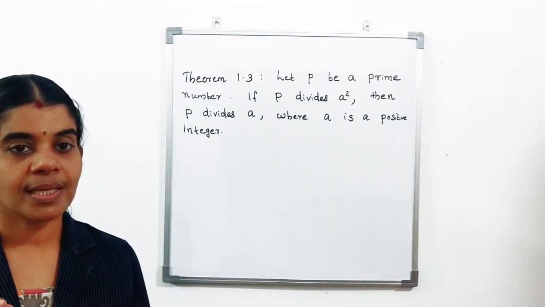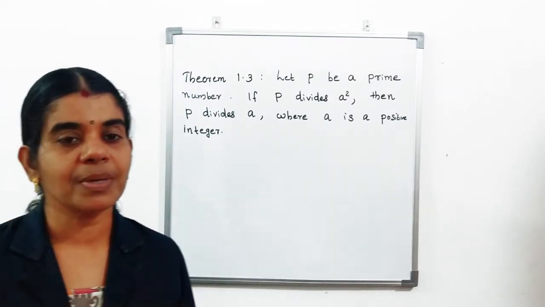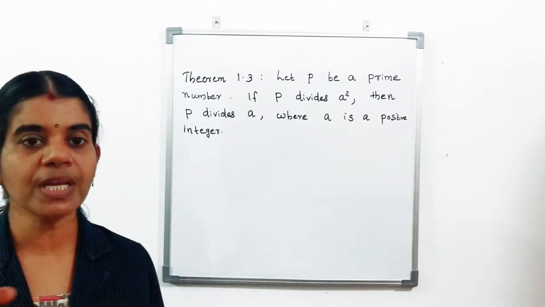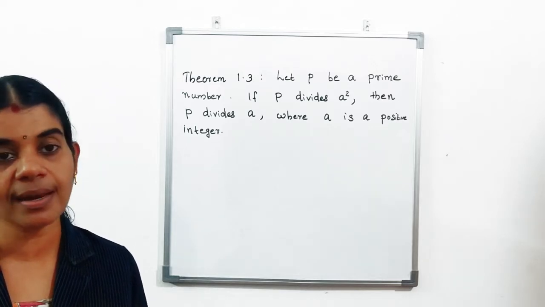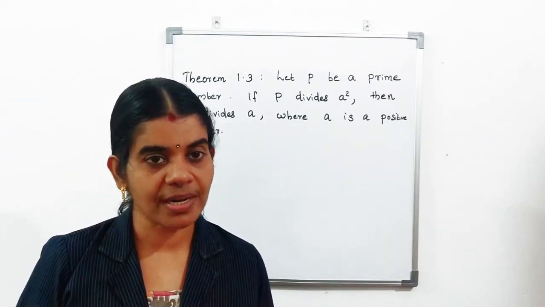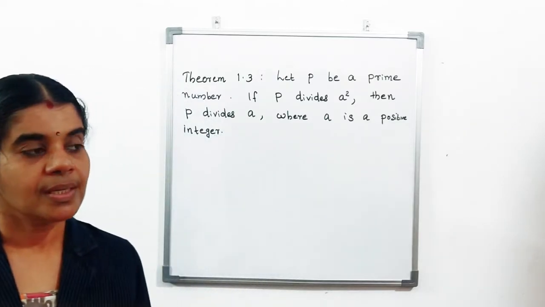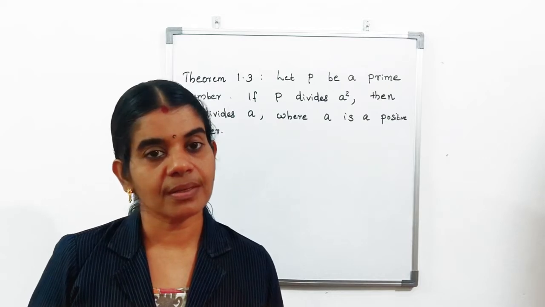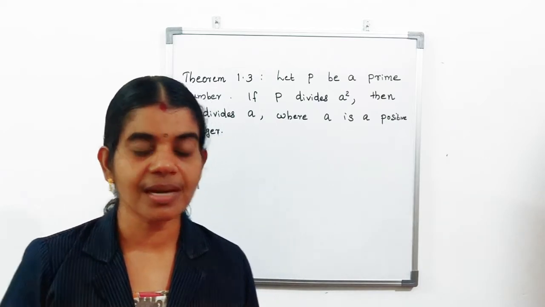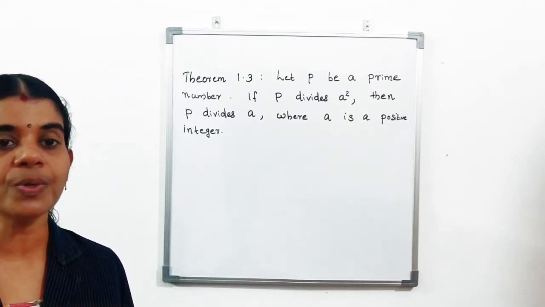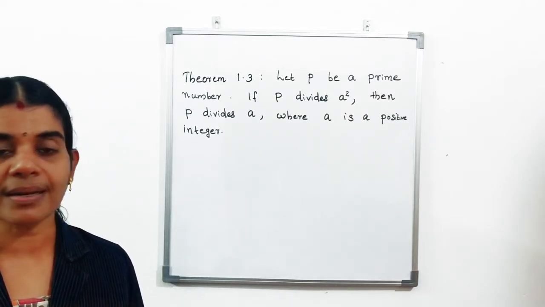Normally root p is an irrational number, where p is a prime number. Normally, if you put a root over prime numbers, they all come under the irrational numbers. Then we know that pi is also an irrational number. Today we are going to prove that root 2 is irrational, and how we can prove that such numbers are irrational.